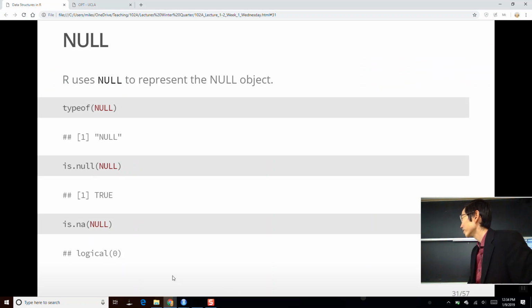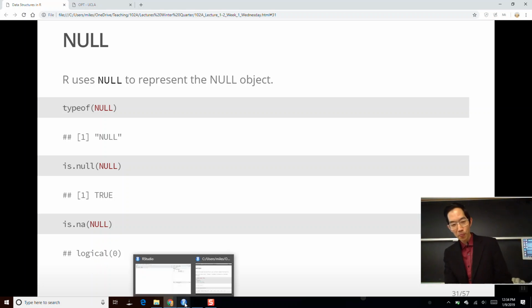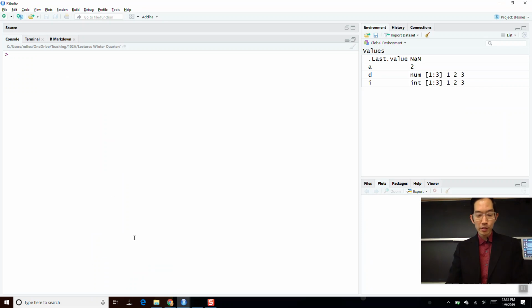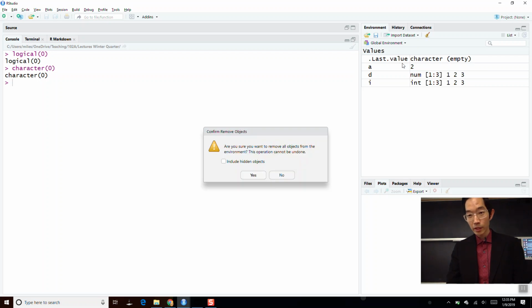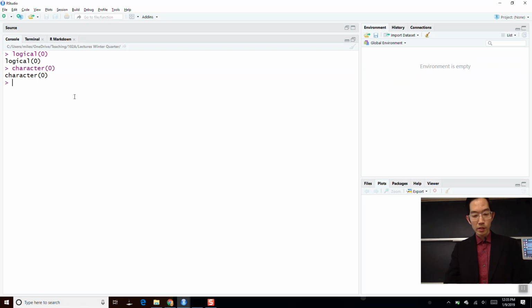Null is null. This means the object does not exist. And if you want to ask, is it null, then you can do that. Is NA null? Gives us a logical 0. So you can produce things like logical 0 and character 0. Like if you wanted to get character 0, you can,